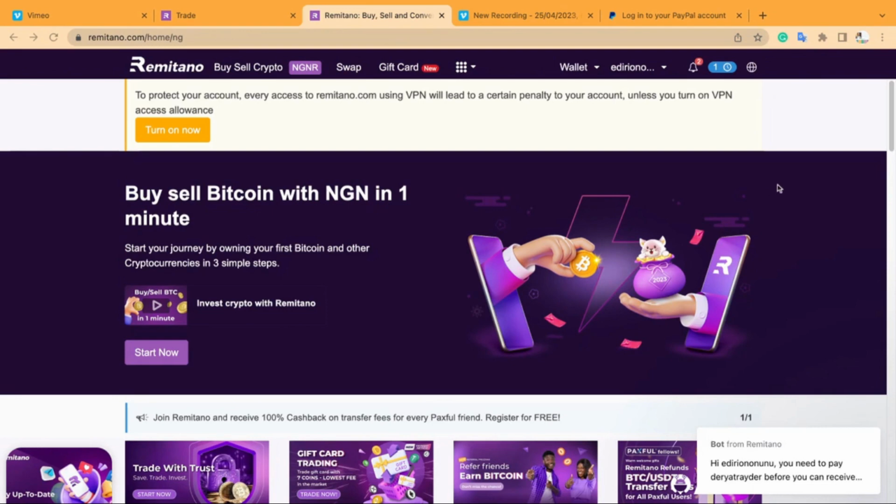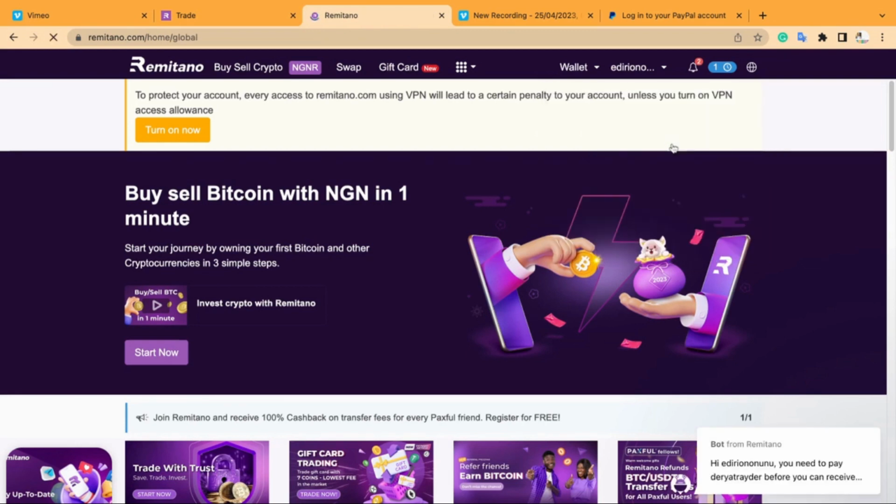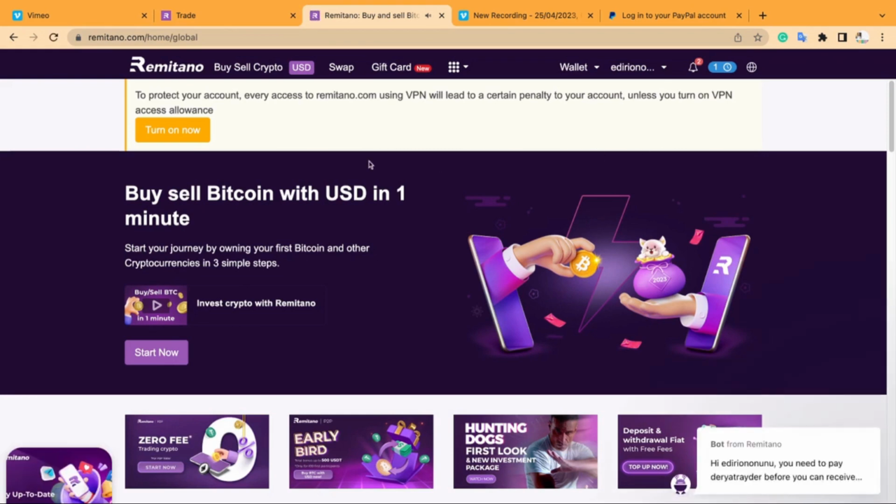So the first thing to do after logging in is to head over to the top right section of your Remitano page. You see this icon, so you click on it and change the market to the global market. So next, you click on the buy and sell crypto USD button,